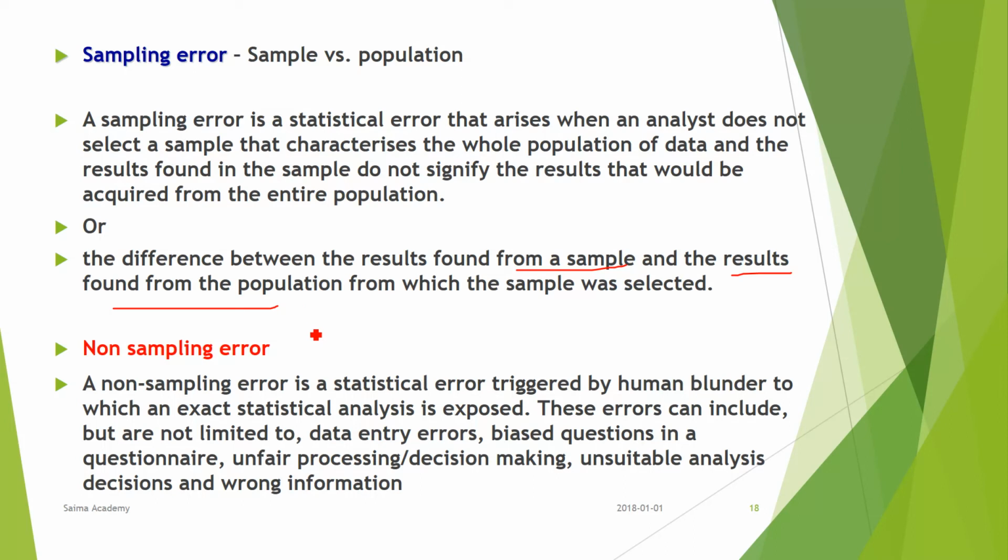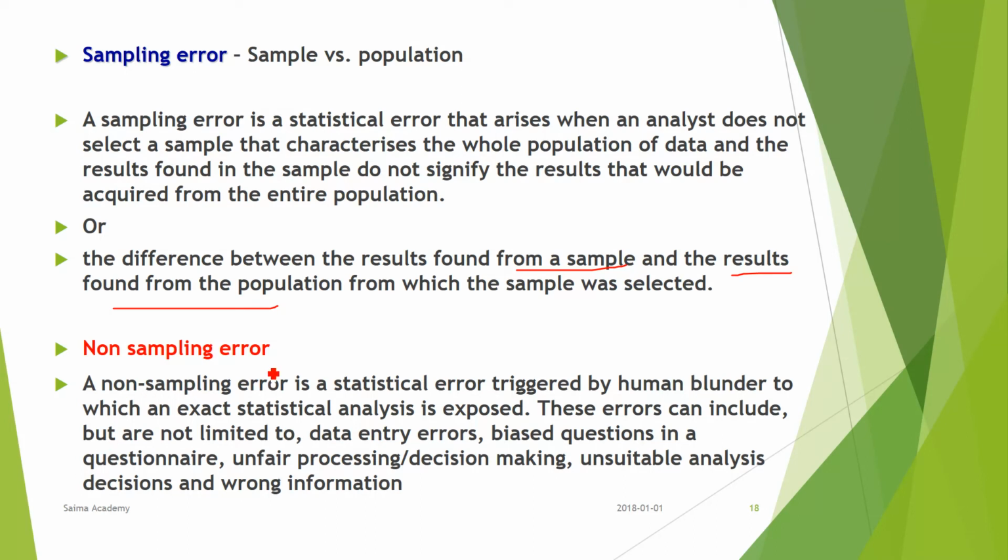Here I will give you an example. Suppose you select a sample of full-time students at your college and find that 60% are female. Then you go to the administration office and get the genders of all full-time students that semester and find that 62% are female. So the difference is said to be a sampling error because there is a difference between the results of the sample and the results of the population.